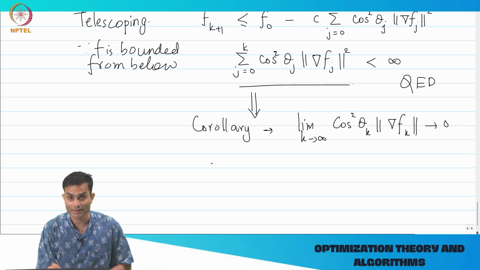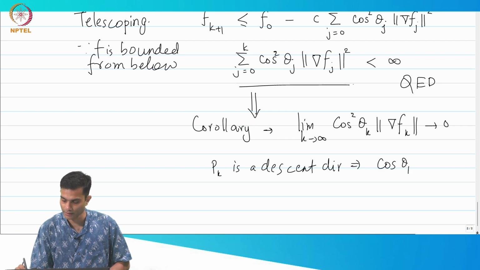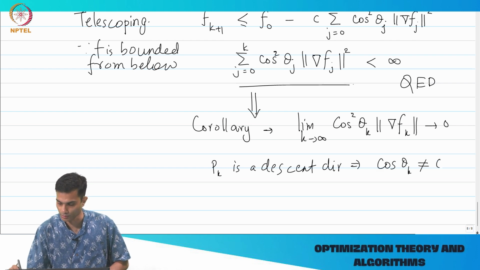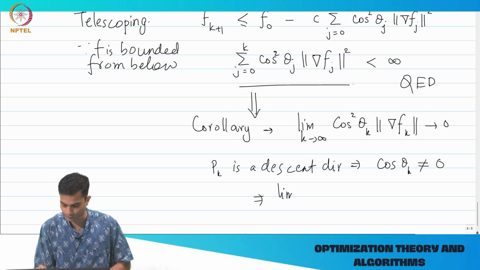And then the other thing we said is that pk is a descent direction, which implies that cos of theta k cannot be equal to 0, right, which says that